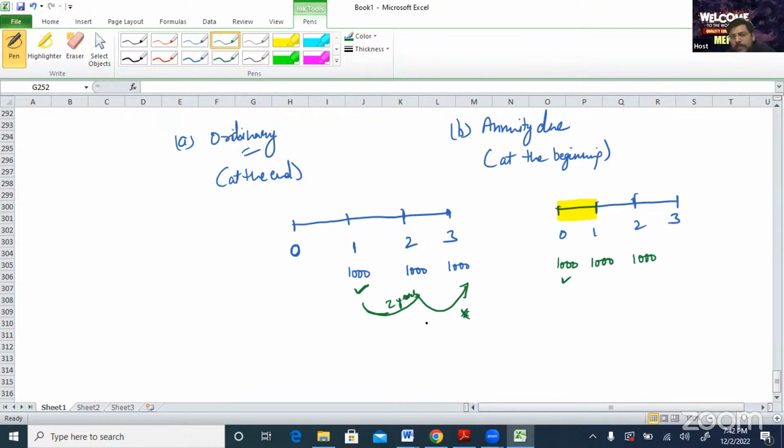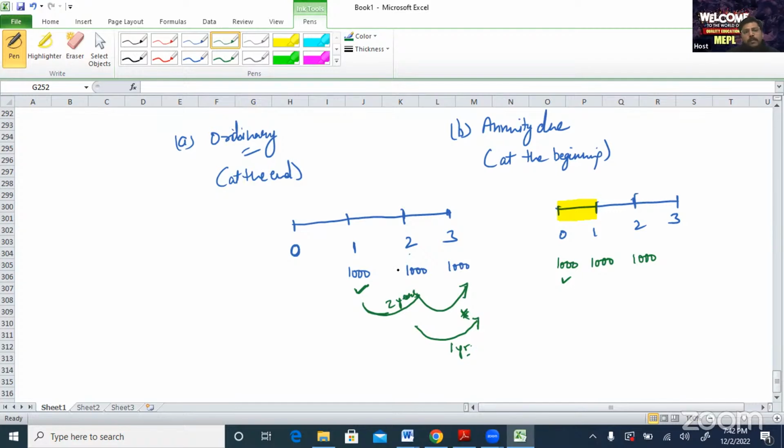If I talk about this cash flow, it will be compounded for how much time period? You can see from here, I have to reach here. It will be compounded for 1 year. And what will happen with this? It will be compounded for nothing. इसका मतलब जिस दिन मुझे पैसा चाहिए उसी दिन मैं डिपॉजिट कर रहा हूं. On the same day I am depositing. So there will be no interest on it.